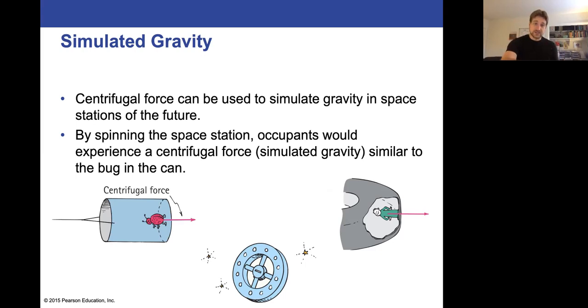And that rotation creates an interaction with the wall, the outer wall of this ring, that feels like gravity. And if we put this thing in outer space, we're not going to know the difference